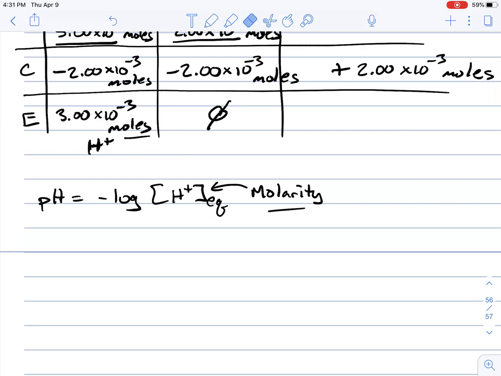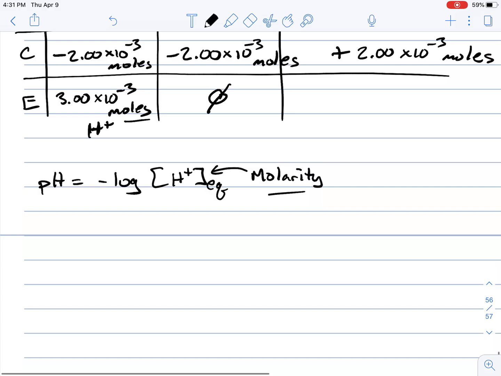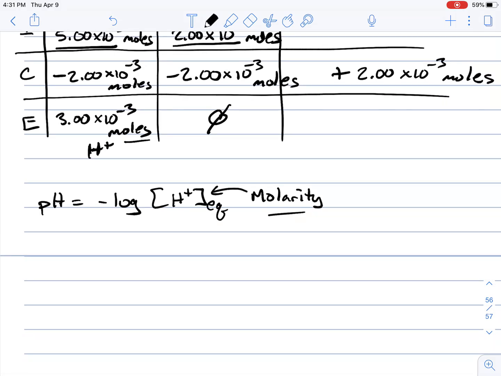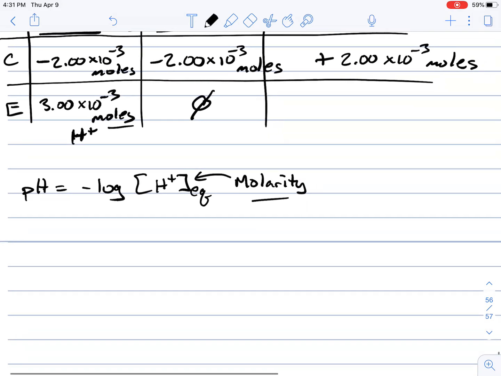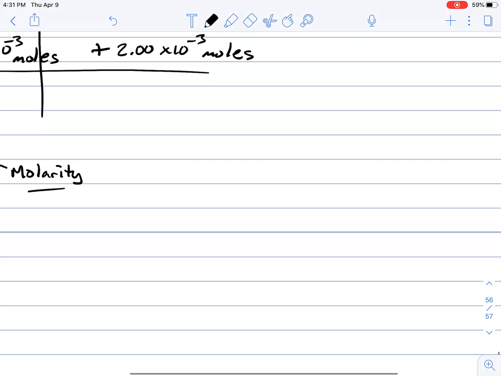And so we're going to go ahead and transform these moles into concentration by dividing by the volume. And so I'll go ahead and put it off to the side. So to get molarity,